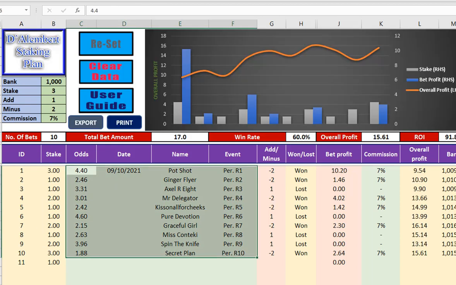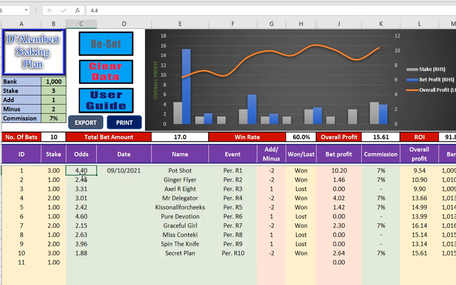But because I'm using, if I go to tab 1 now, this is Perth, but this is using the stake of 3. So my first bet is going to be 3 units. If I have a loss, it will add 1 unit. If I have a win, I'll drop back 2 units. Because if we have a look at the odds there, I'm not only betting at even money. There's one below even money, but these are the first favourites on Betfair just before the off on the 9th.